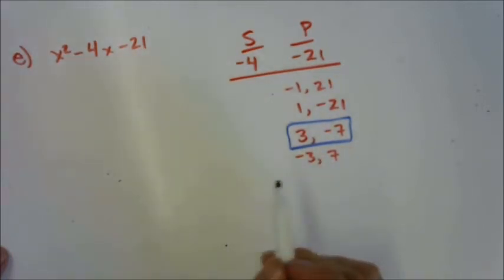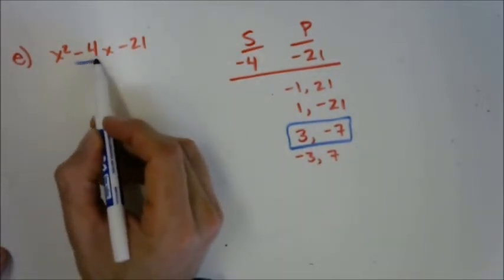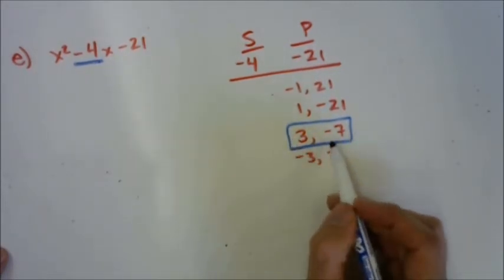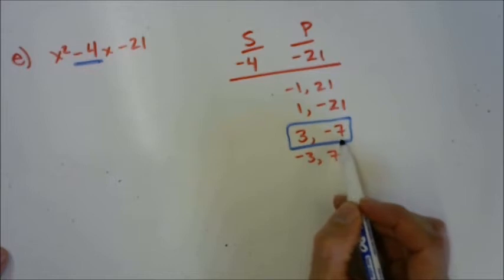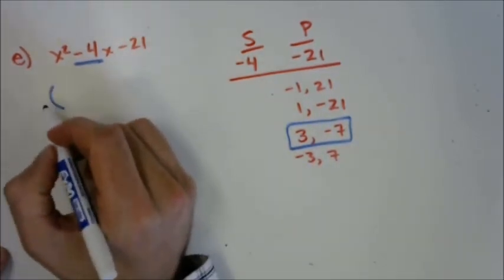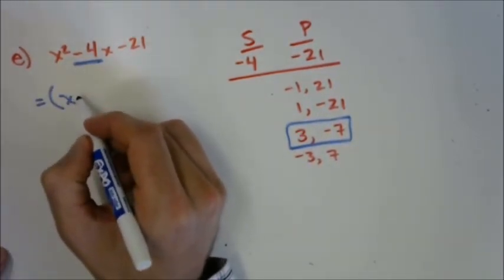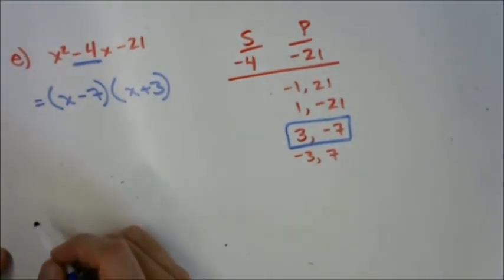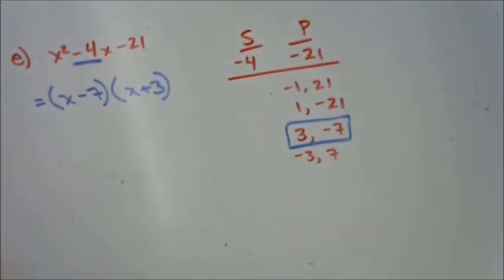Another way to think about it is like this. If the middle term, the coefficient, is negative, then the bigger number must be the negative number, right? The bigger value must be the negative one. So 7 must be negative. Go ahead and throw it in your factored form. X minus 7, x plus 3, and you're done. Now I put it x minus 3 and x plus 7. Don't do that. Usually we put